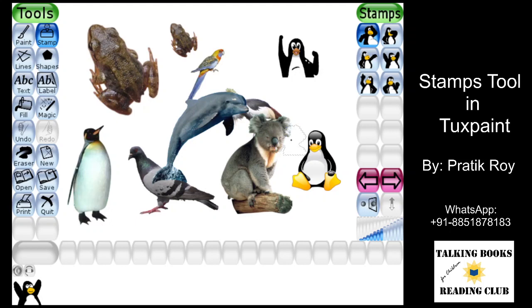With that, I'm sure it would have helped you to understand what the Tux Paint stamps are all about, and you should be able to download them and use them. You have the clear ideas that you can resize them, you can flip them from left to right, have a mirror image of them, or you can flip them upside down if that image allows you to do that. You can choose the colors as well in some of the stamps. So just spend some time, familiarize yourselves with the stamps which are available, and use them in your artwork.